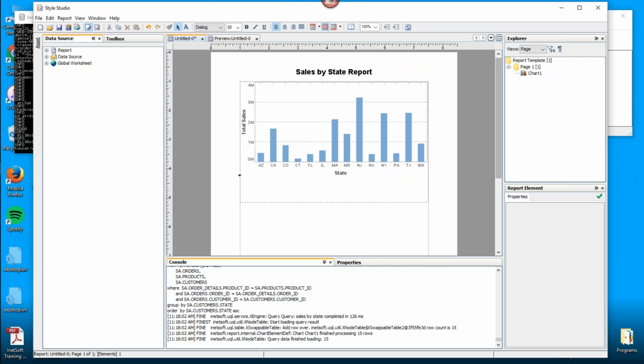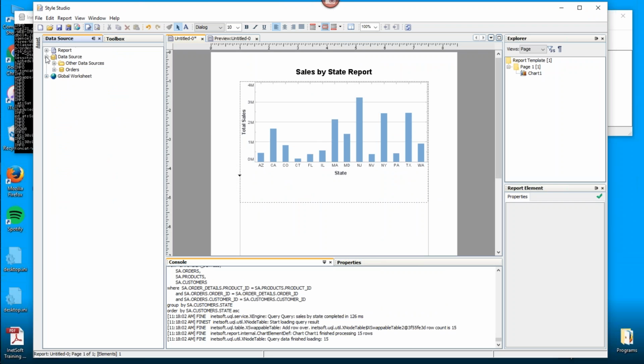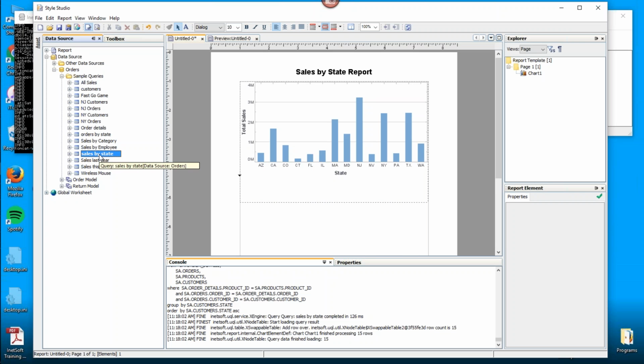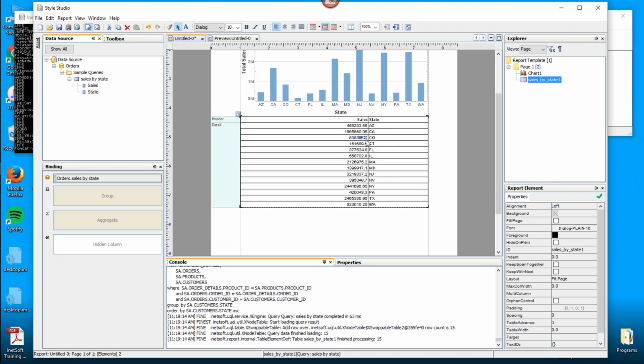In fact, when you have a table as simple as this one is, let me find the data source. All right, so I'm going to find the query that I want to represent in the table. Again, it's the sales by state query over here. There are several different ways to create a table, but if you have a table that's just going to contain all of the columns from some data source, such as a query, you can just drag the entire query into the report, and that will create a table. It basically just creates a table that has all of the columns from that query.